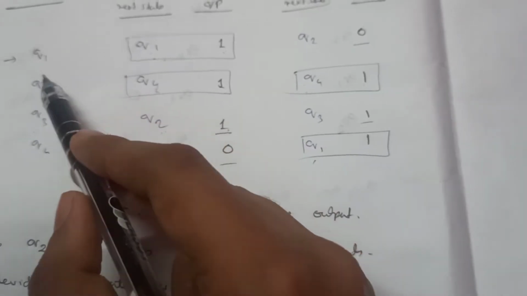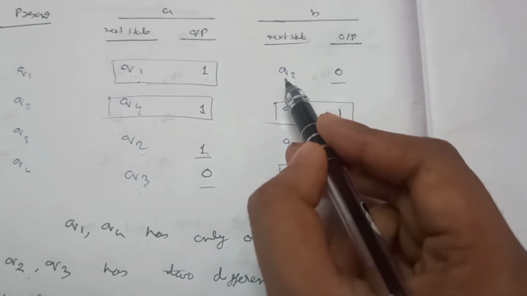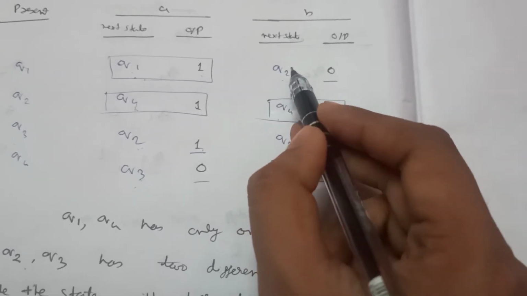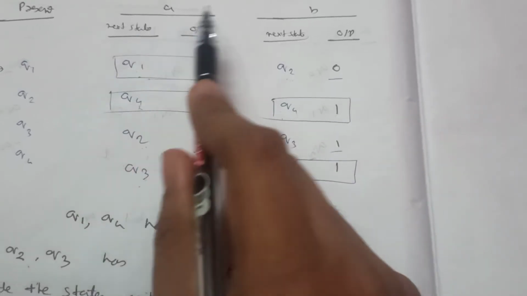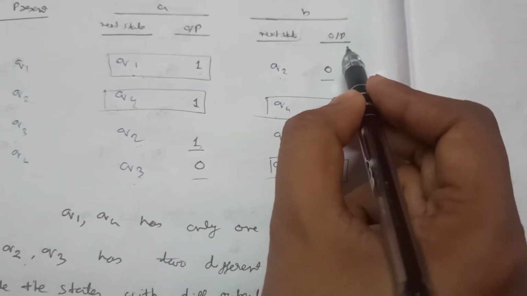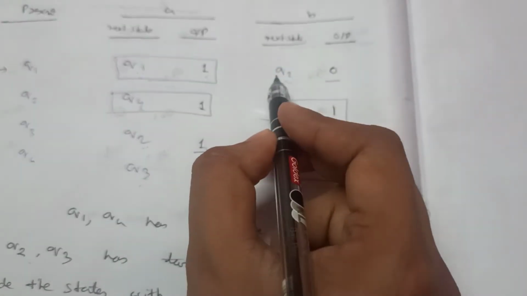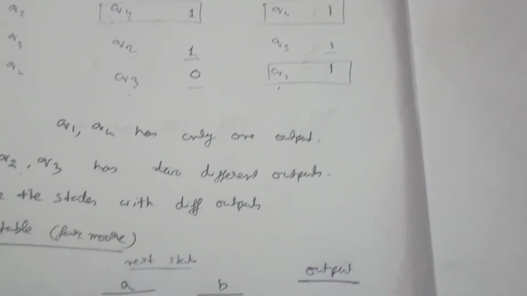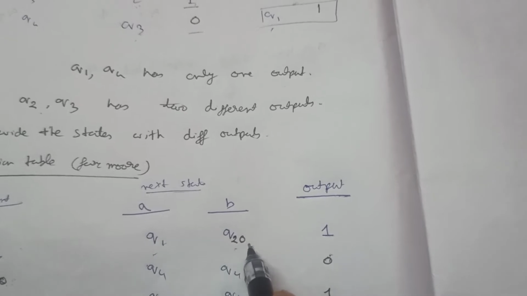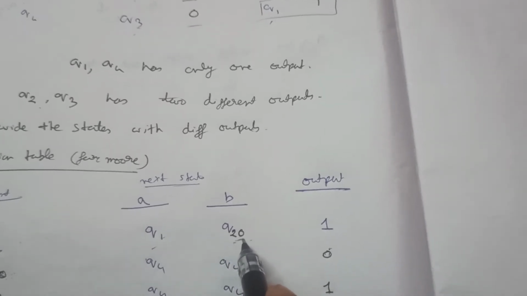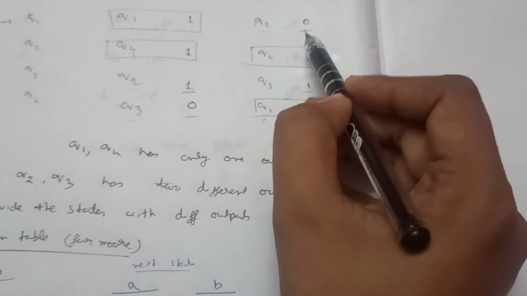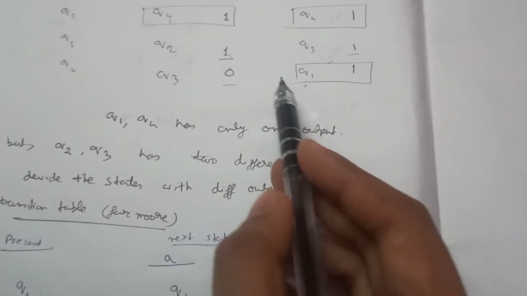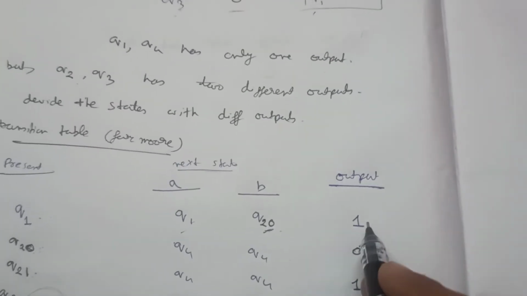But for q1, for input symbol b, it will go to q2, but we know there are two different states now, q2 0 and q2 1. So which among those two states will q1 go to? See, here we have to check the output. When q1 goes to q2 for input symbol b, it gives us the output 0. So here we will go to state q2 0, because the q2 0 state is for output symbol 0, and here also the output symbol is 0. And this output is for the output of the q1 state. See, for q1 there is only one output, that is 1, so the output is 1.